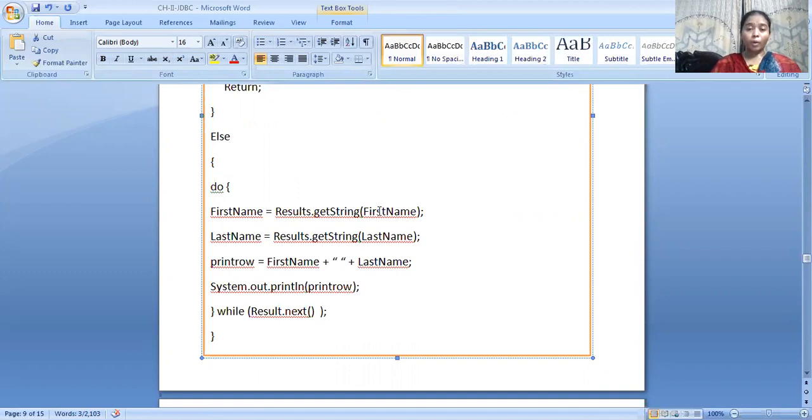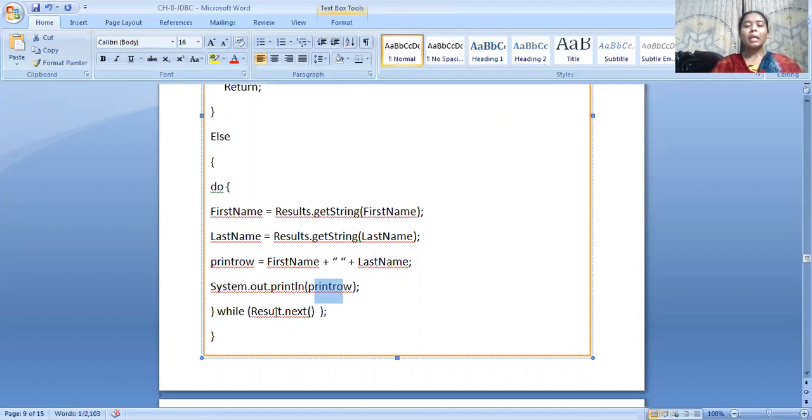If there are some records, you display the first name of that particular record and you display the last name of that record. In between the first name and the last name you have a single space, and that will be stored in a variable called print row. And we all know System.out.println is used to print. So with first name, space, last name, the particular row is displayed.